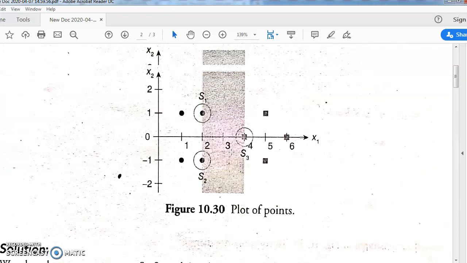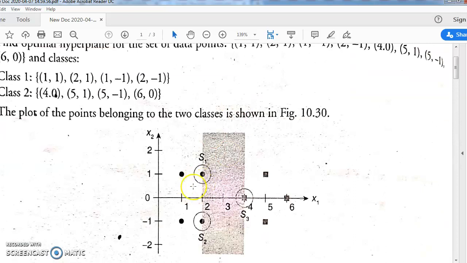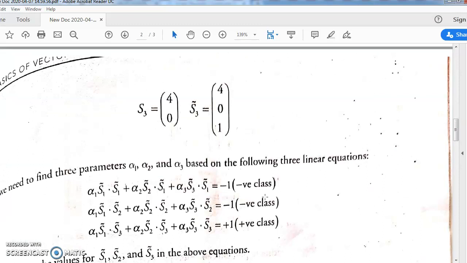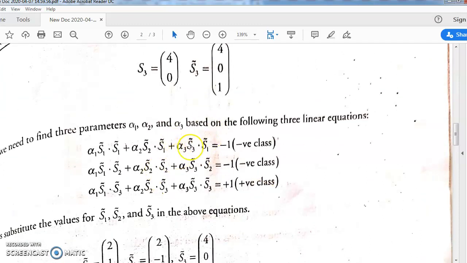This example might also be like this, where there is only one data point here and two data points here. S1 is here, S2 and S3 are here. So what will the equation be? S1 you will equate with the negative class, and S2 and S3 you will equate with the positive class. So the equation completely depends on which class that support vector belongs to. Here we have two points which are the two support vectors belonging to the negative class, that's why we have equated with -1, and there is only one support vector S3 from the other class, that's why we have equated to +1.